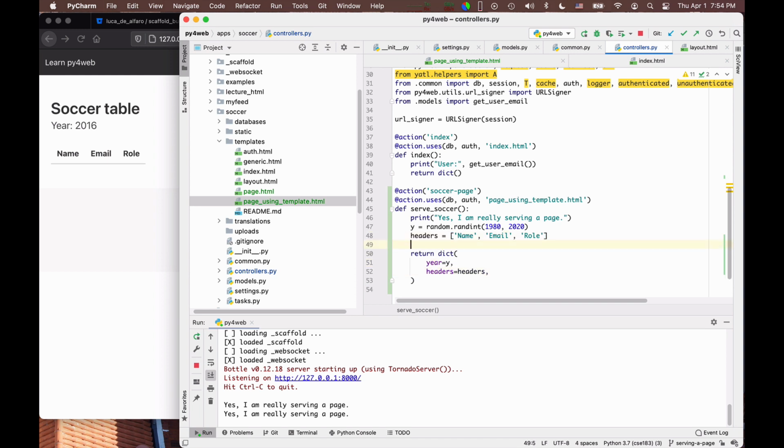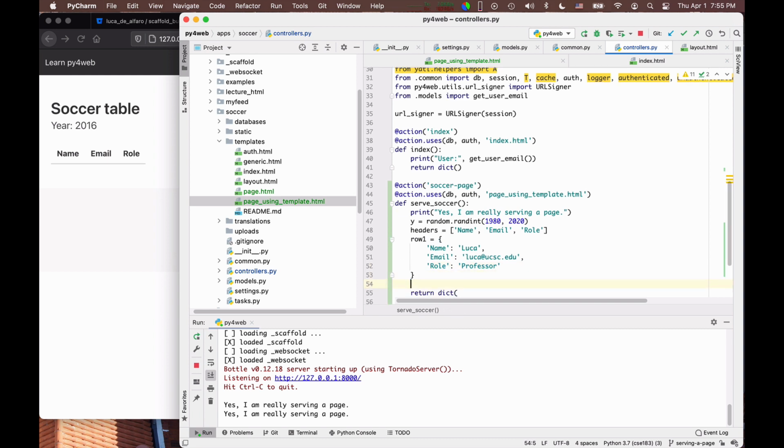So let me do it slowly in code first. Row 1 is equal to a dictionary, where name is Luca. I'm not full of fantasy, I'm sorry. Email is luca@ucsc.edu, and role is like a professor. Okay, and then I have another row.